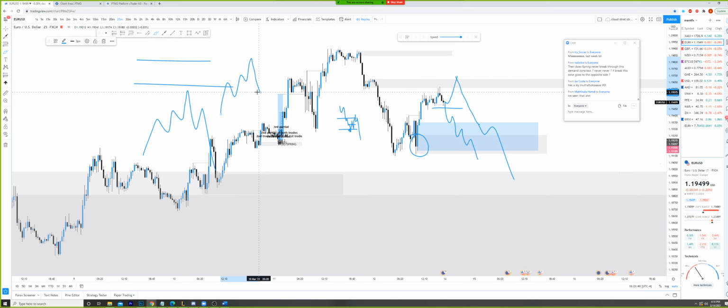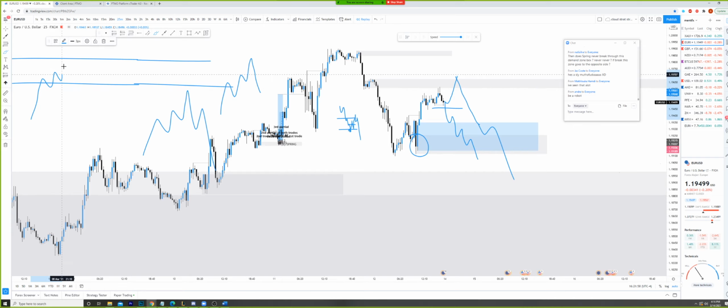You're FOMOing, and other times, because you've seen this happen so many times and you're afraid of missing it. For instance, you have price come in and give you some kind of Wyckoff, right? And then you don't get an entry and it just drops off. You're like, okay, because I see it drops off, next time, even though I don't have Wyckoff confirmation, I'm going to get in. Next time price comes in and you see something like this happen, you're like, okay, no, not even that. Let's say something like this.